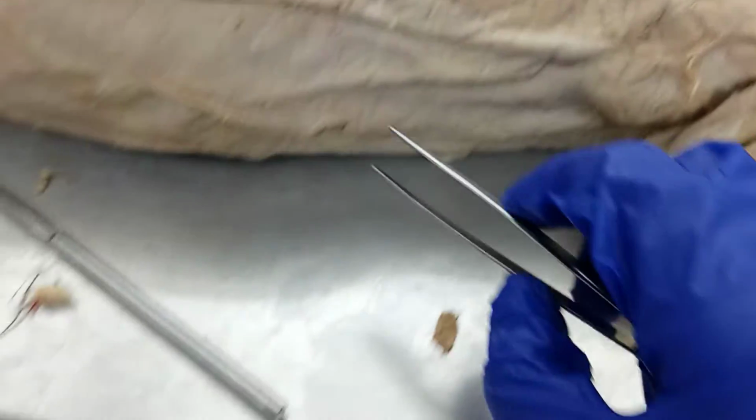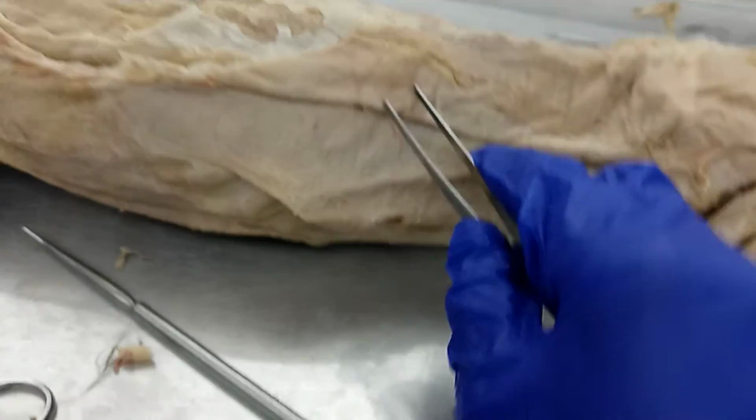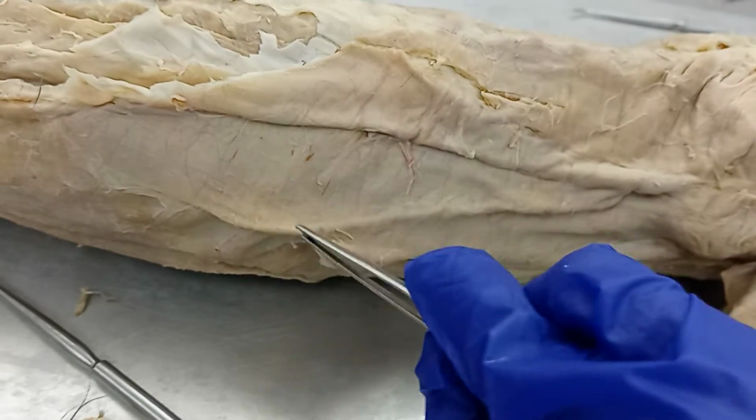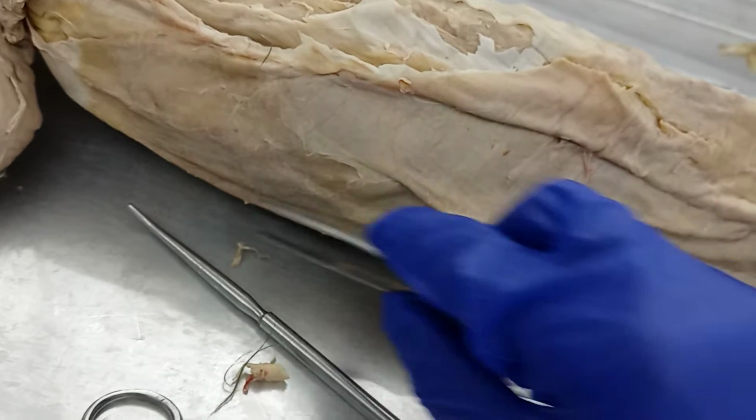Okay, what else? Yeah, let's go here. So this top flap is the latissimus dorsi, and this is the other side of the external abdominis oblique. You go up here,